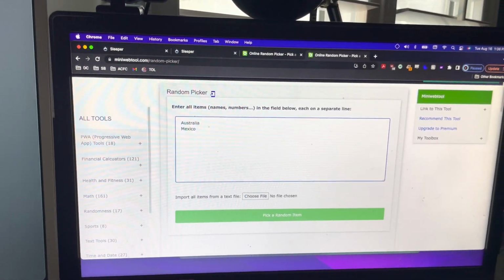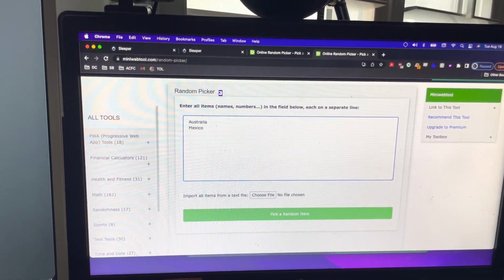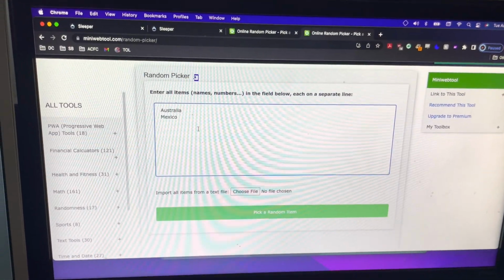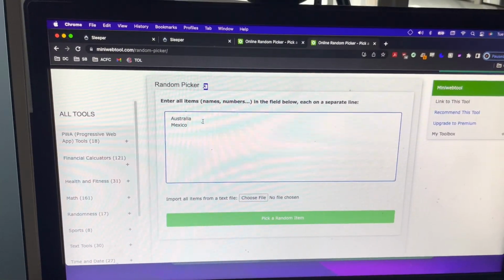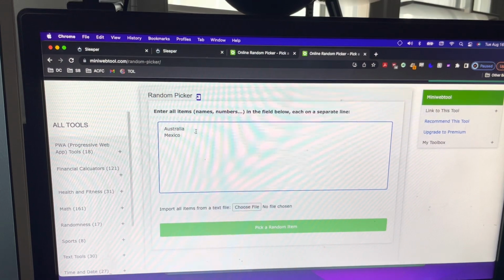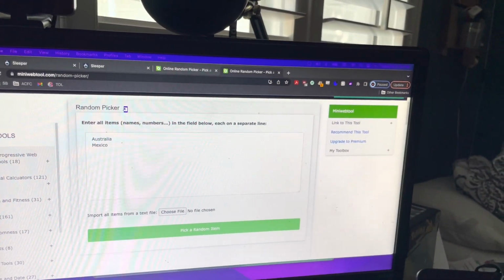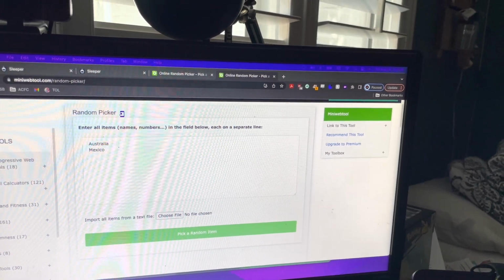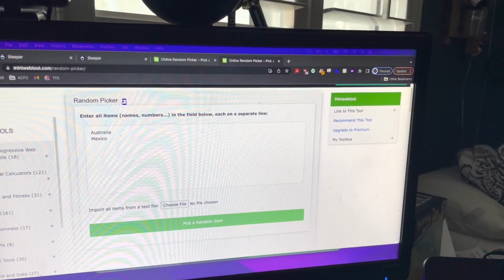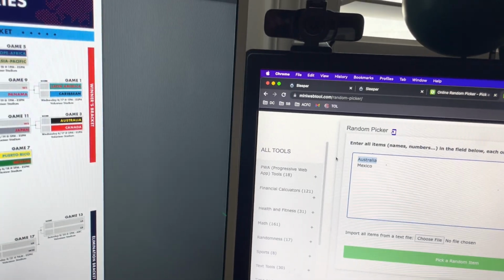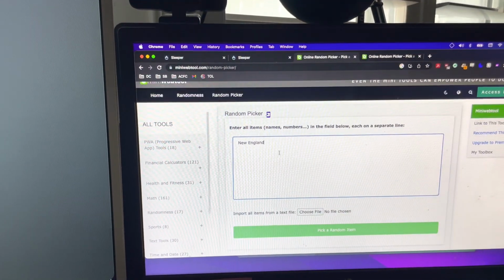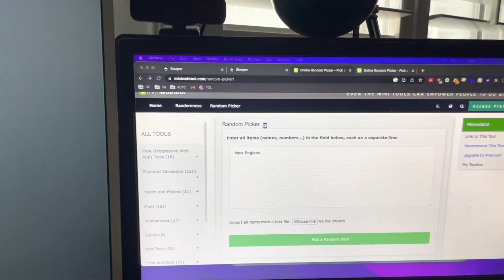And between Australia and Mexico, I'm going to assign myself Australia so that Alex has one first 8 team and one non-first 8 team. So I get Australia, who are horrible. Which means Alex gets Mexico and New England.